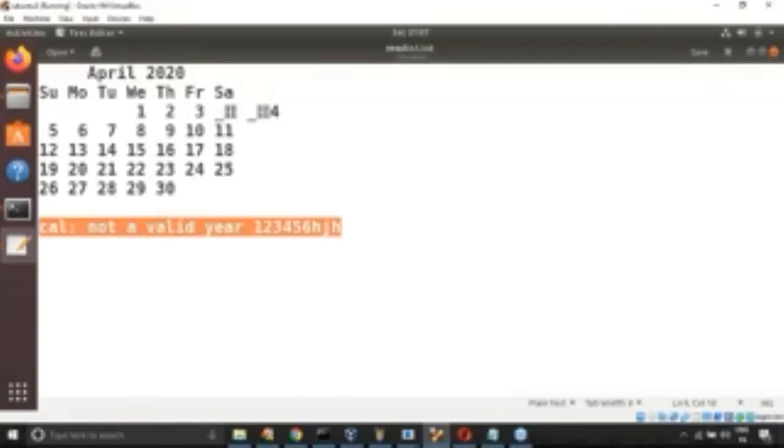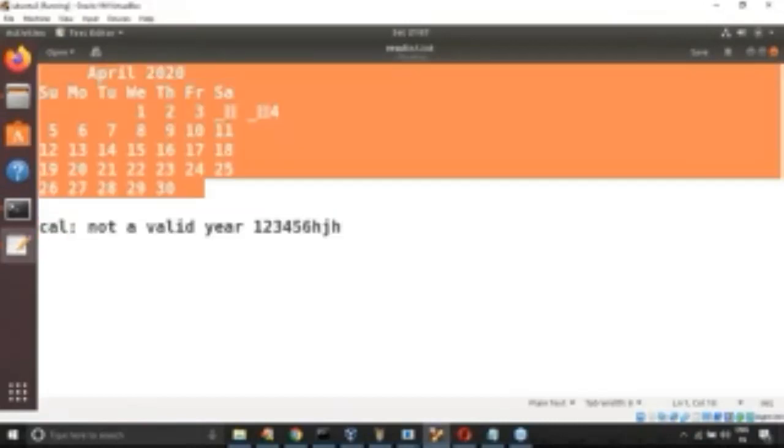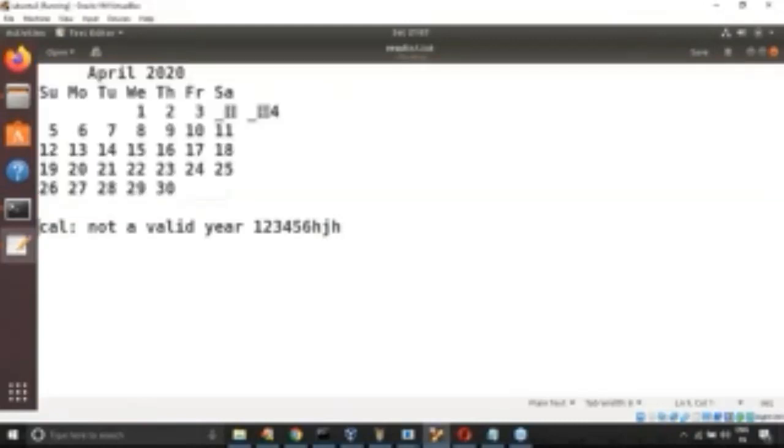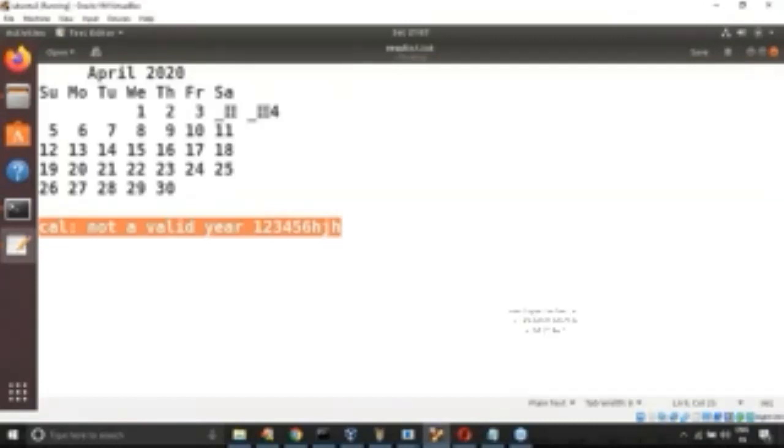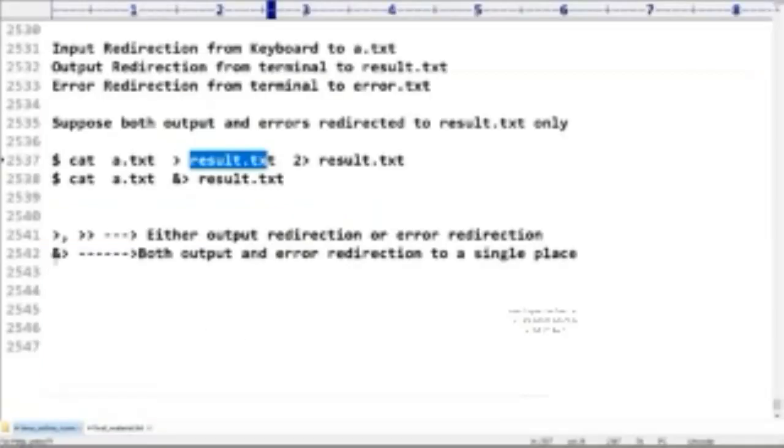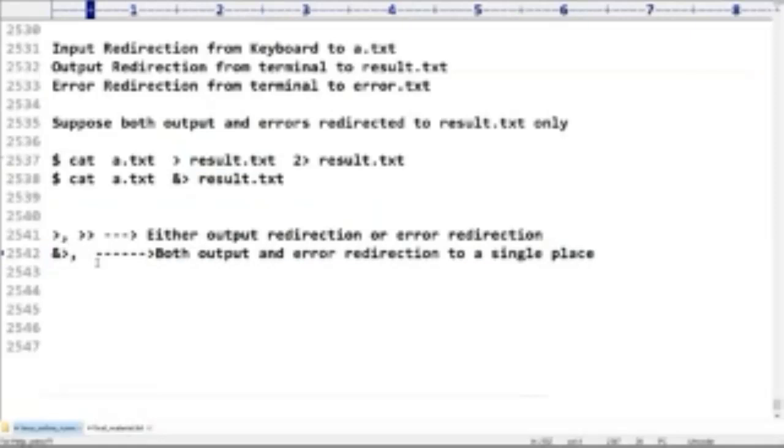Are you in the position to understand, right? Now standard output is written to the same file, and even the error message is also written to the same file. So both redirections are always possible. This is one shortcut command, with either this symbol or double greater than, for both output and error redirection to a single place. That's what you should be aware of. Clear? Up to this, any doubt? Respond. Up to this, clear, right?